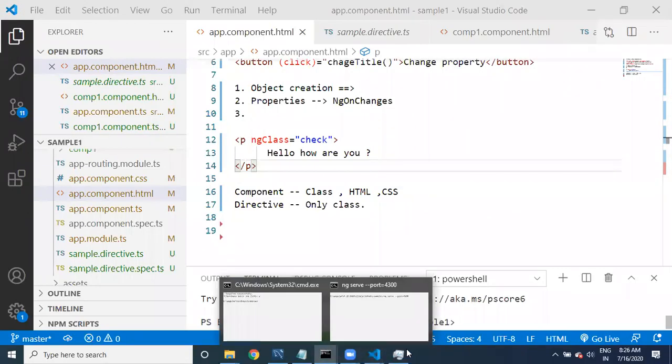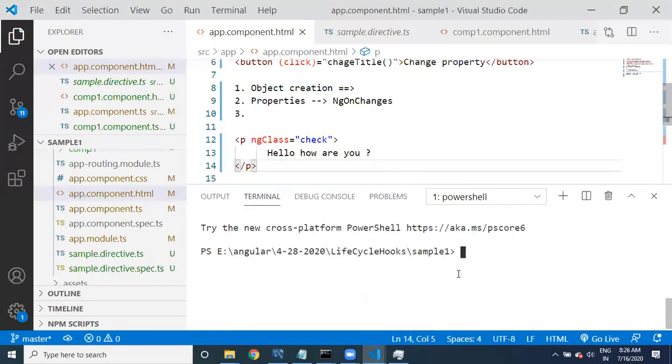Let us go to the terminal. What you can do here is ng generate, and instead of component, directive. So make it d. ng generate directive, name red color background.